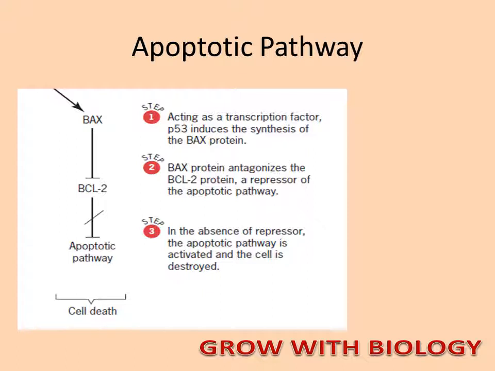In some of the videos we will talk about the roles of P53 in checking cancerous activities. Now if suppose P53 has been mutated, then both the activities, that is cell cycle arrest as well as cell death, the apoptotic path, will be removed.